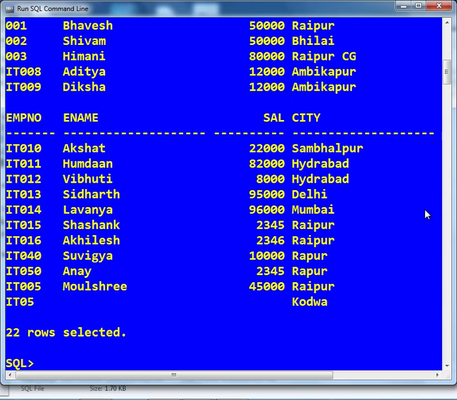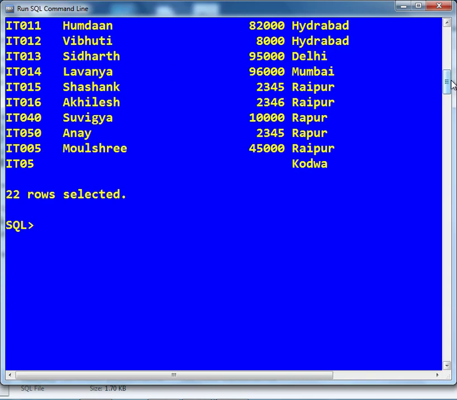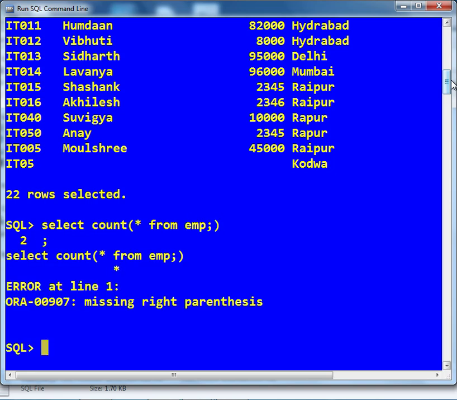Okay, so if I want to find the total number of rows, select count asterisk from EMP.